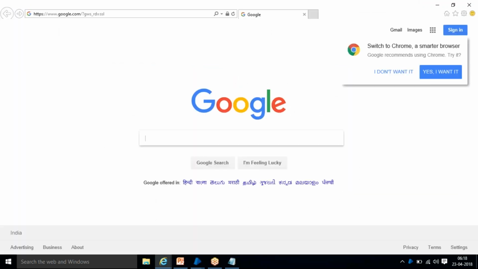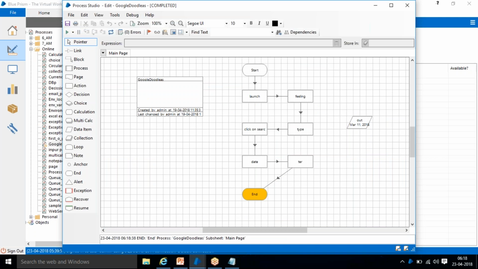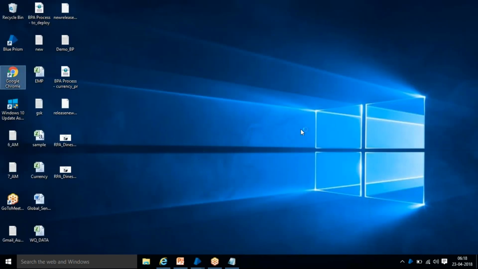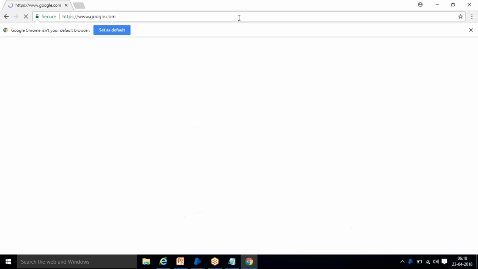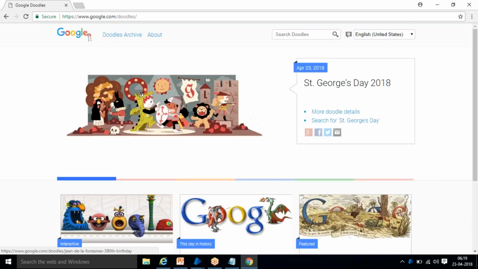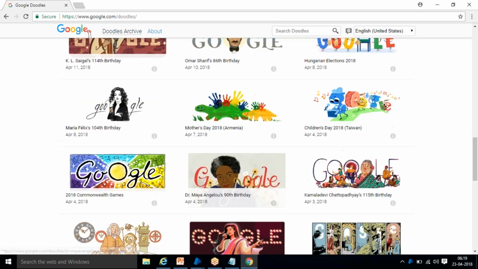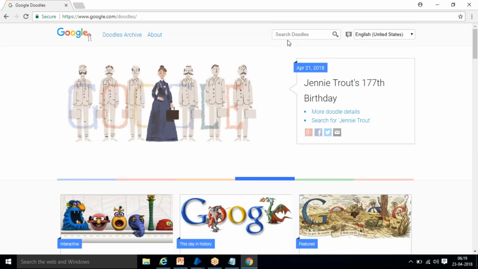Another one. Observe this. It opened Google and clicked on I'm Feeling Lucky. It searched for Mother's Day, and it has taken the specific date. I will tell you what it has done. If you go to Google, we have I'm Feeling Lucky. When you click on this, it will display all the doodles, every day, which are displayed on your Google homepage. From this we need to search